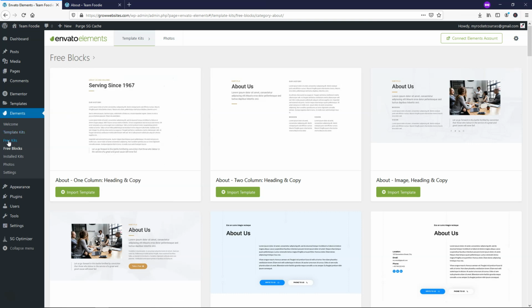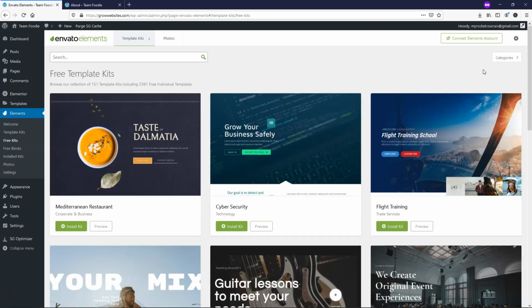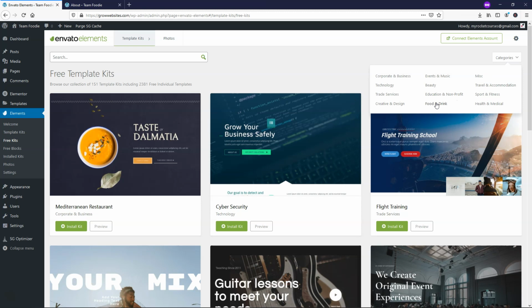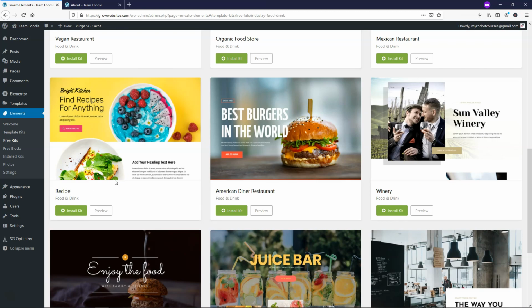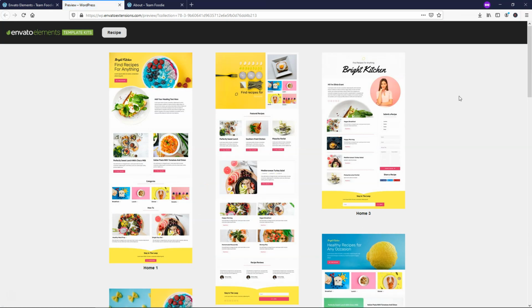I'm going to go over to where it says Free Kits under Elements, and click on that. I'll go to Categories, Food and Drink, and here I'm going to search for one. It says Recipe. So if you want to preview the kit, you can click Preview right here, and it will open in a new tab and show us a preview of all the different pages